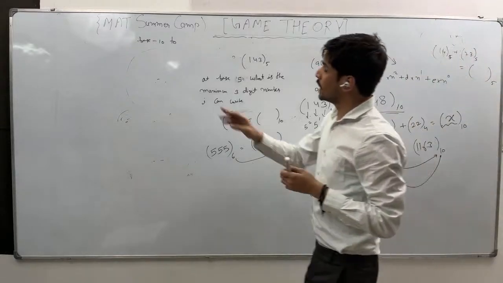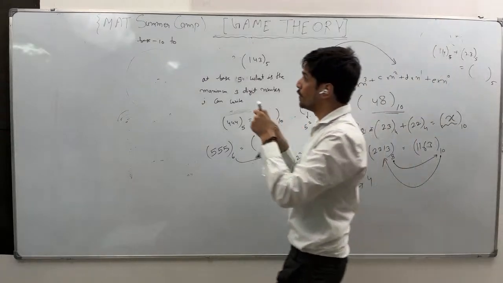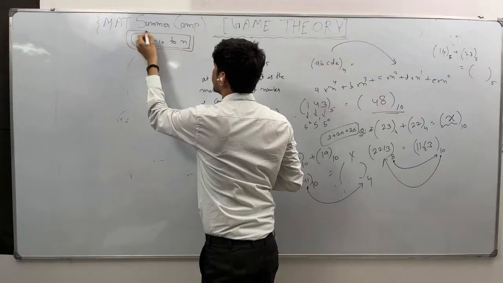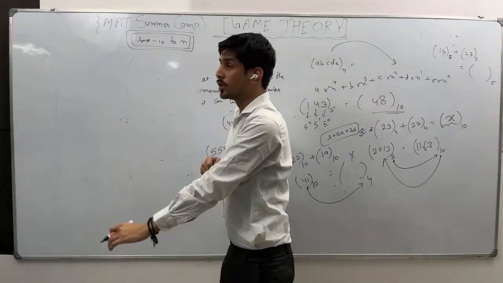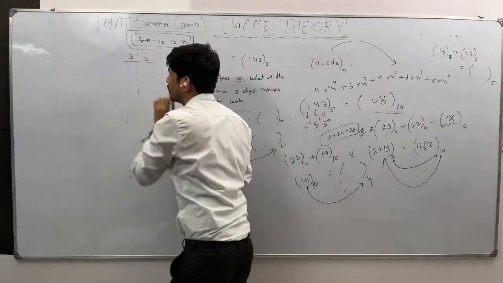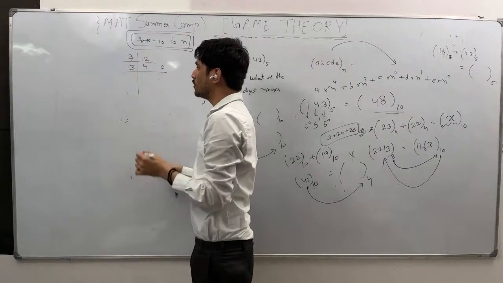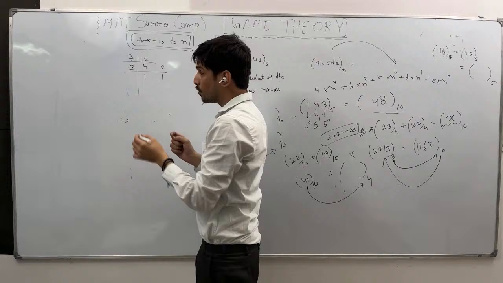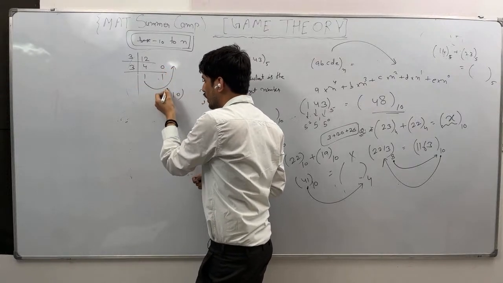So here you see, first of all, we have seen that if any base n is given, how to convert into 10. Next we see base 10 is given, then how to convert this into base n, right? So here what we do, we always divide by that base. Let's say I have some number 12 and I want this in base 3. So I'll divide by 3, how many times? 4. Remainder I'll write here. Then I'll divide by 3. How many times? 1 time. Remainder is 1, right? So what will I do now? Once this is 1, I'll write in the reverse way. So 110 in base 3.